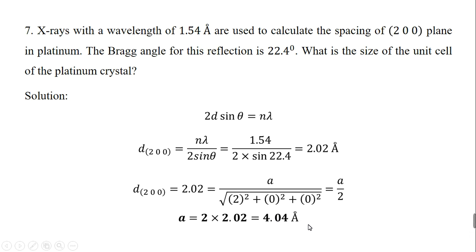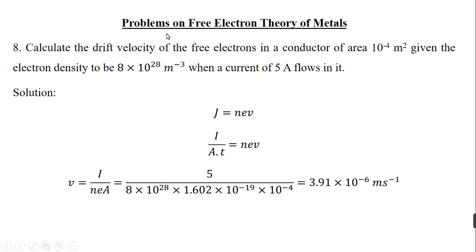So next we shall discuss the problems on free electron theory of metals. In this chapter, usually the problems are based on general ideas, that means the basic ideas we have regarding the topics. Those basic ideas have to be used while solving the problem. Direct formula substitution problems will be very few. Every time we have to make use of the basic laws of physics and do the calculations.